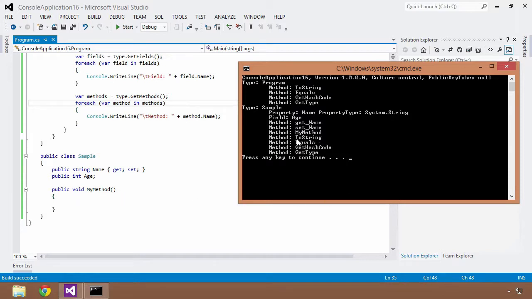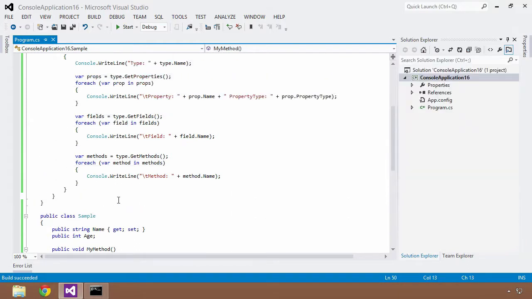But then I also get the ToString, Equals, GetHashCode, and GetType methods, but I don't see those. Where are those coming from? Well, those are coming from the inheritance that is inherently built into all classes within the C# language. When you create any class, it will by default, whether you specify it or not, inherit from the object class, which is the absolute base of everything. And I will show you that here